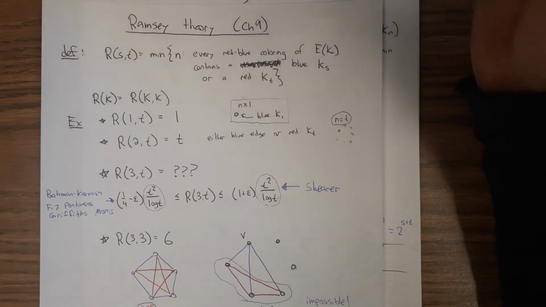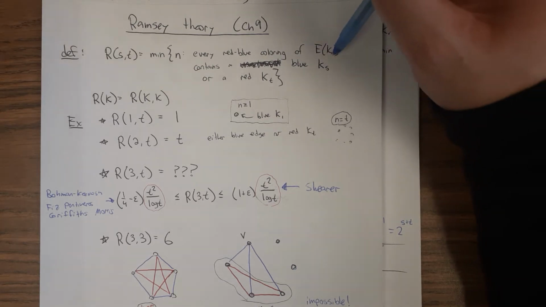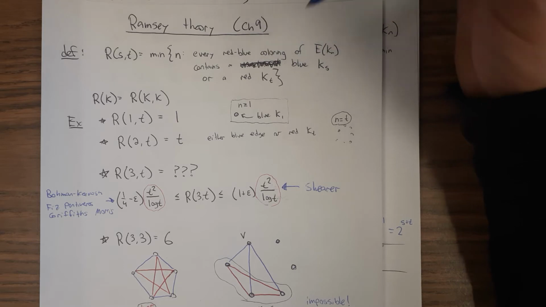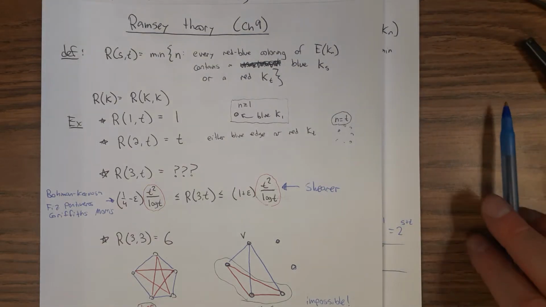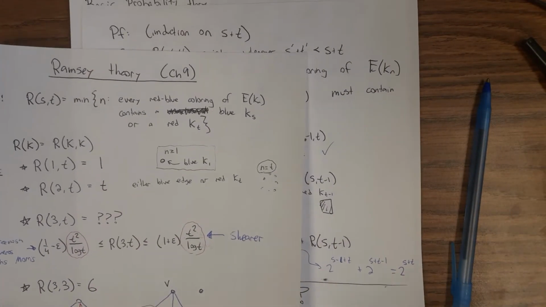Just stating that if you do it randomly, you have a decent chance of producing a coloring with the property that you desire, that shows the existence of such a coloring. It's a bit strange that the only way we can do that is by talking about a random coloring. It's strange that we can't just show specifically which coloring has that property, but sometimes math is strange. Okay, so